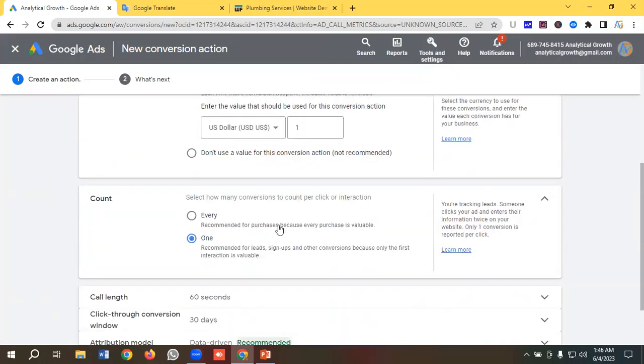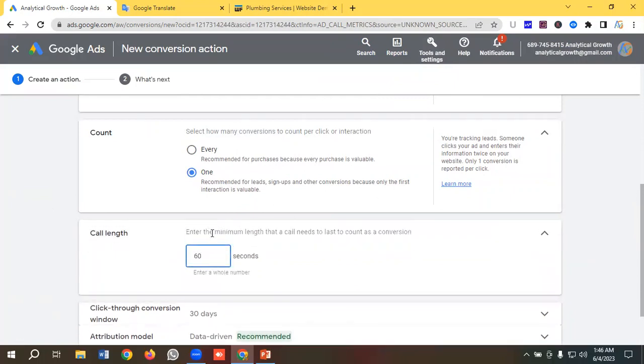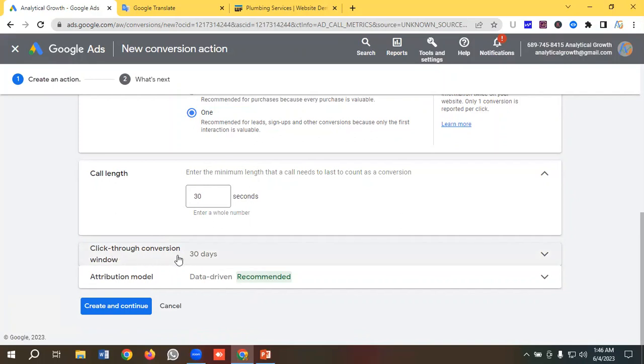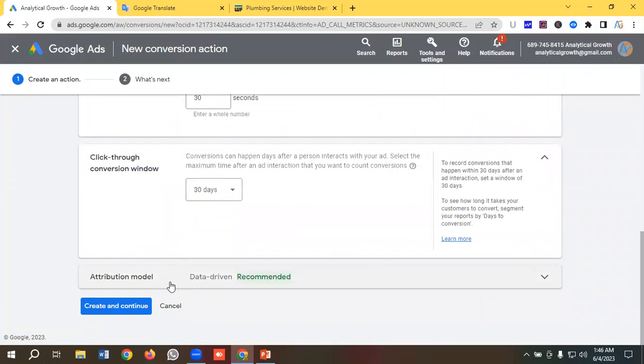Okay. And in the count section, I will keep it as 1, and I will give the call length as 30 seconds. Okay, that means whenever a user calls our business and it lasts 30 seconds, I want to track this as a conversion. Okay, and in the click through conversion window, I want to keep it as 30 days,